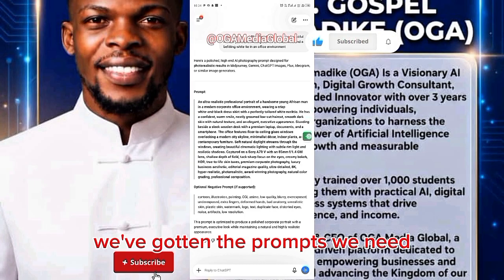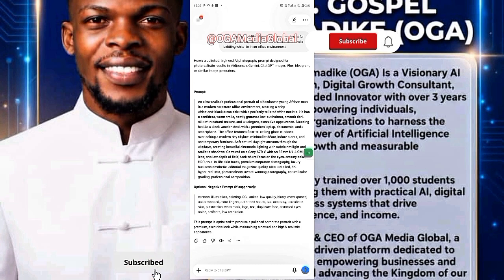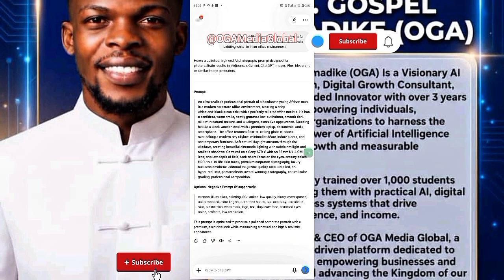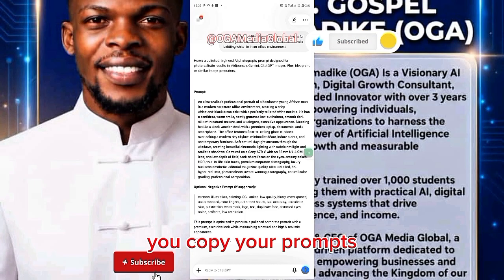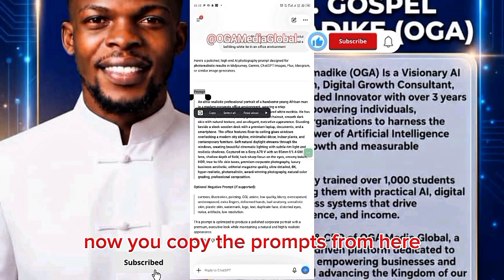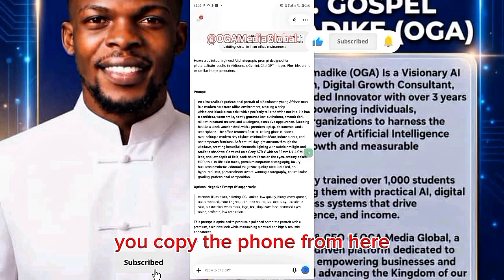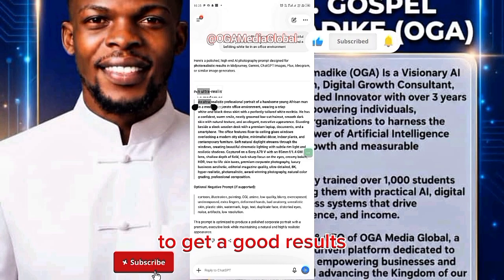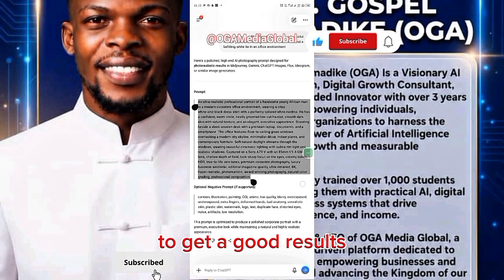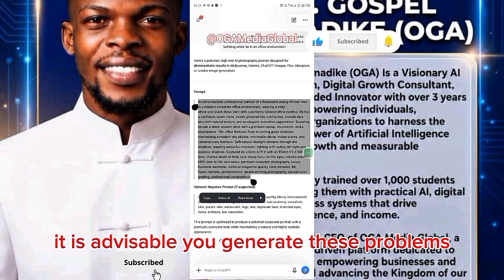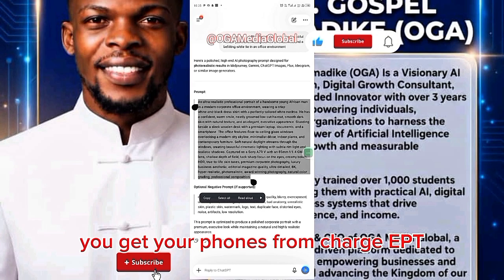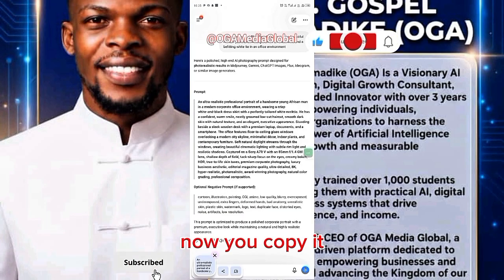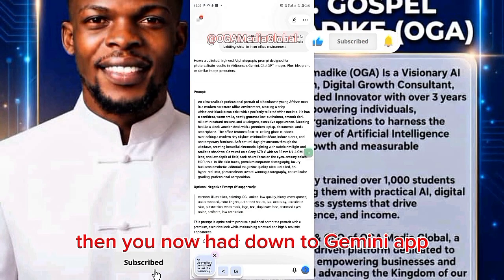We've gotten the prompts we need. Now you copy the prompt from here. To get a good result, it is advisable you generate these prompts. You get your prompt from ChatGPT, you copy it, then you head down to